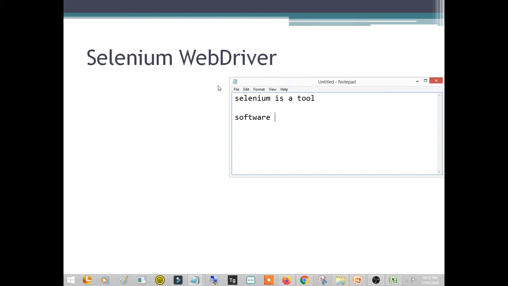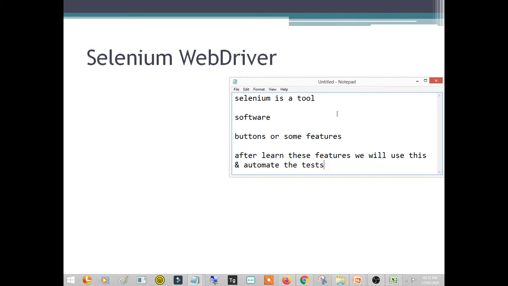It will have some buttons or some features, and we need to learn them. And after learning these features, we will use this and automate the softwares and automate the tests, right? But actually it is not like that.